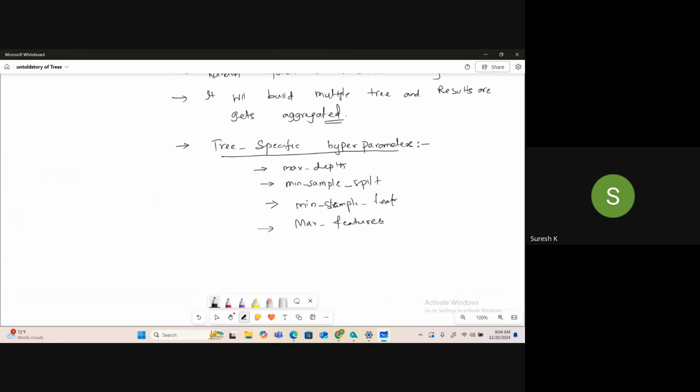These are the tree specific ones. If you are building a decision tree, these are related to the decision tree. Agree or not agree? When we are talking about ensembling specific hyperparameters,